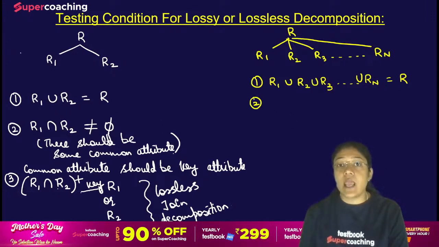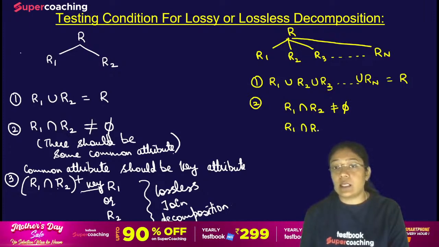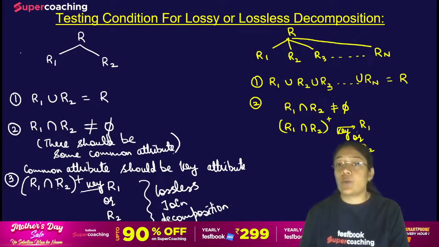Second step is at any point of time you have to take the intersection of two subrelations and then it should be behaving as the key. It should determine all the attributes of either of the relation R1 or R2. It should behave as a key for relation R1 or R2. If that is the case, then join